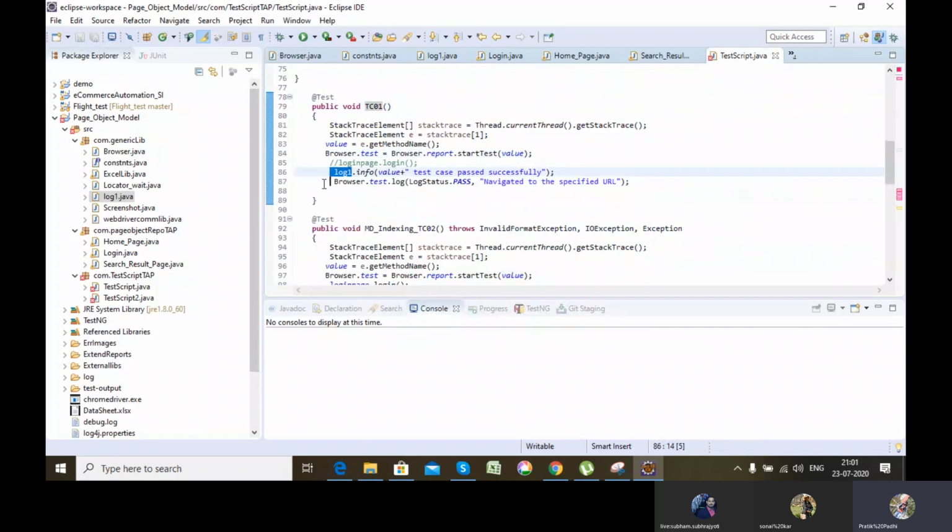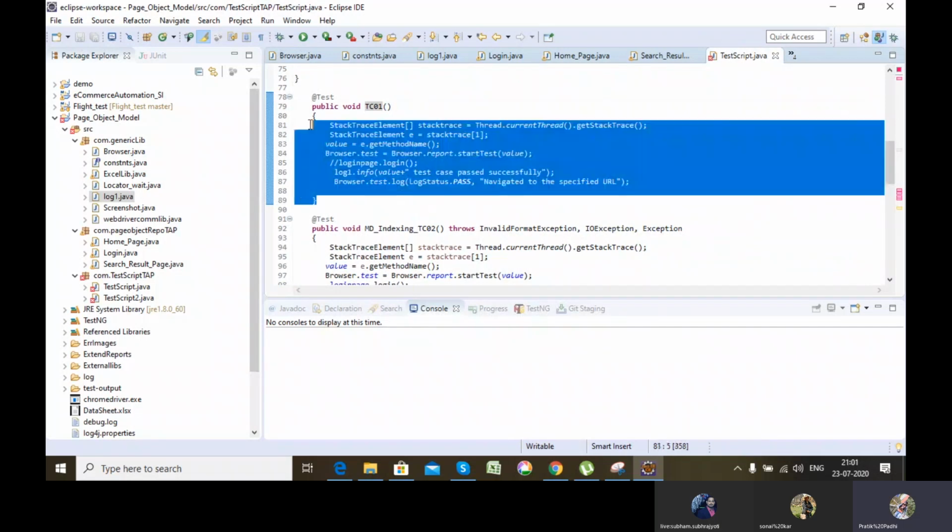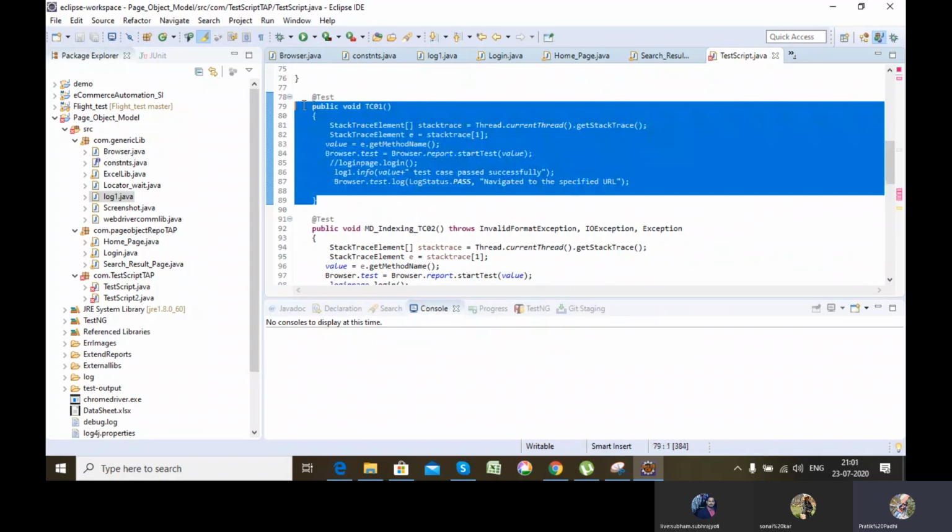Then I can pass the test result, like yes, navigate to the specified URL. This particular test case will just open the link in the browser, check that it is opening successfully, and log it in the report and the log file.